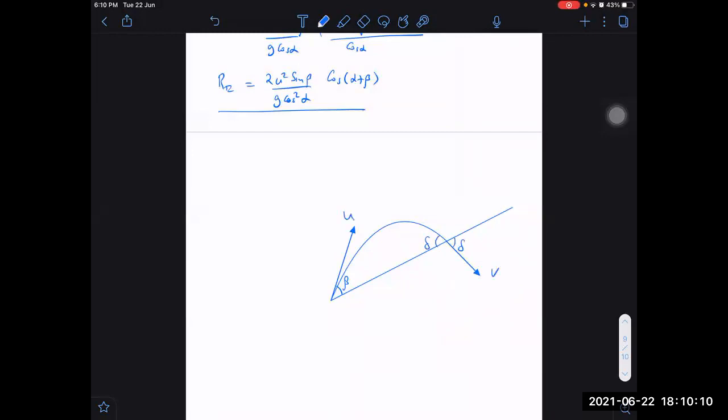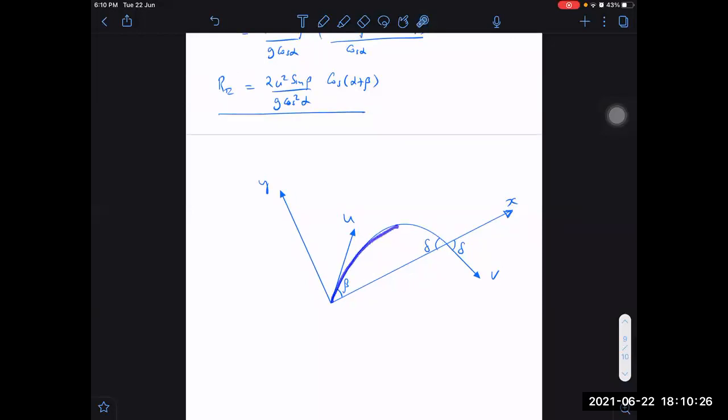This is velocity v, this is u. First of all, are the velocities equal or different? Different. Which is more, u or v? U is more, because as we go up, kinetic energy will always decrease and potential energy will increase. Or we can say that speed will always become less as we are going up. So point A is at a lower level and point B is at a higher level, so this velocity has to be less.